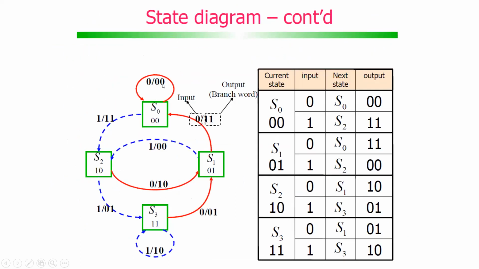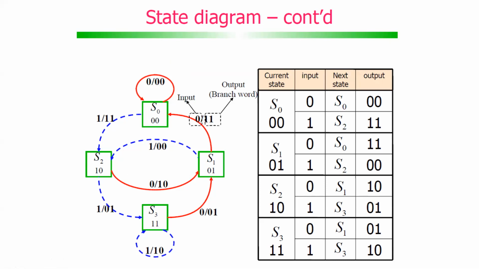If you see, when 0 input comes, the state is 0 0, and the output will be 0 0, and it remains in the same state. What is the meaning of this? Because in the next time interval, this 0 will be transferred into the second position, so the encoder remains in 0 0 state only. But when input bit 1 comes, and if the state of the encoder is 0 0, what is the output? Output is 1 1, right?